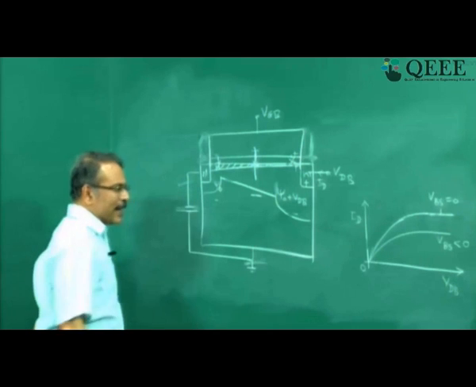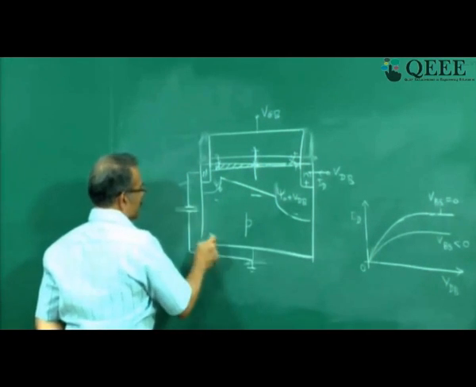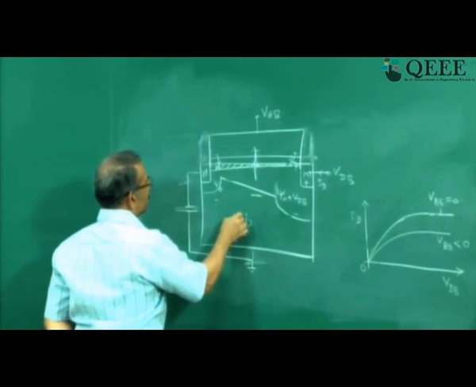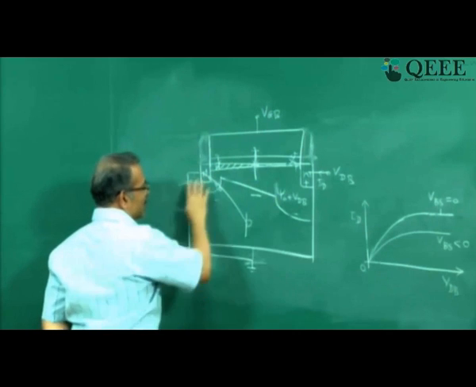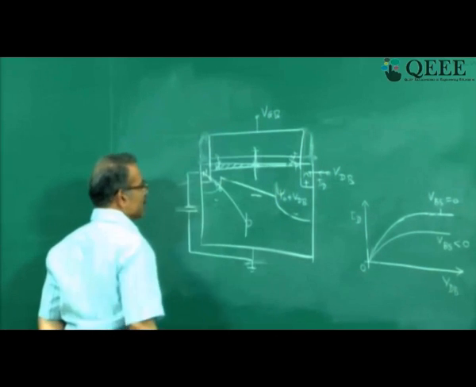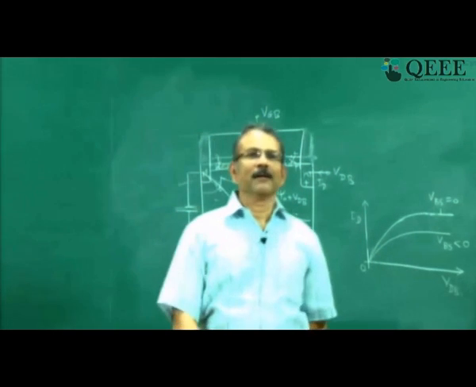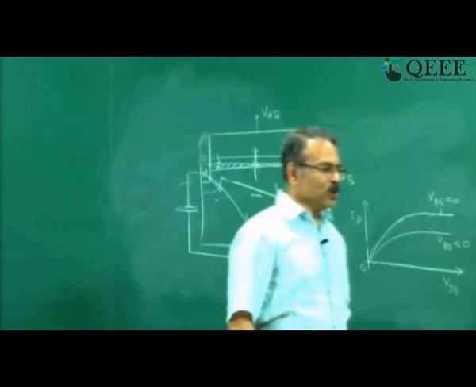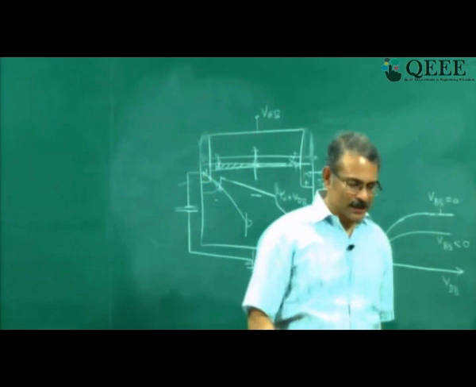Now you will not try to put it like this because this is a p-type substrate. If you put a voltage with this polarity, P will become positive with respect to N, and there will be a large forward current like this, and this current cannot be controlled by gate. So your transistor operation will be affected, right? So you don't want that. So you only have a possibility of reverse biasing the source with respect to bulk.